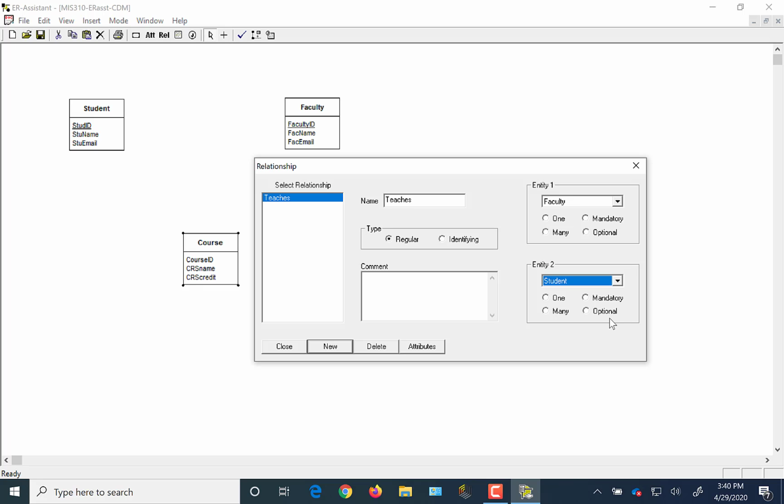The way you reason through this is very easy. One faculty member teaches at most many students, right? So one faculty member teaches at most many students, and at least zero. Zero means it's optional. So this is the at least part. This left side is the at most cardinality. Similarly, if you go in the reverse direction from student to faculty, one student can be taught by at least zero faculty members and at most many faculty members. So I've specified all the